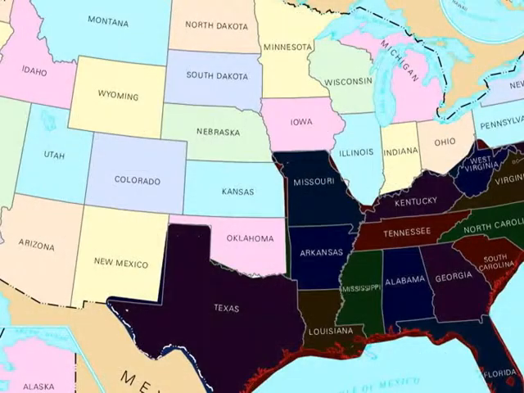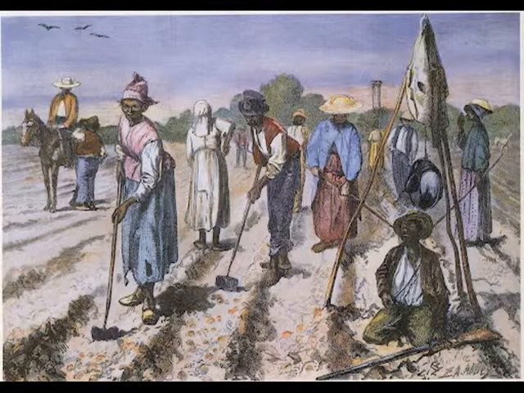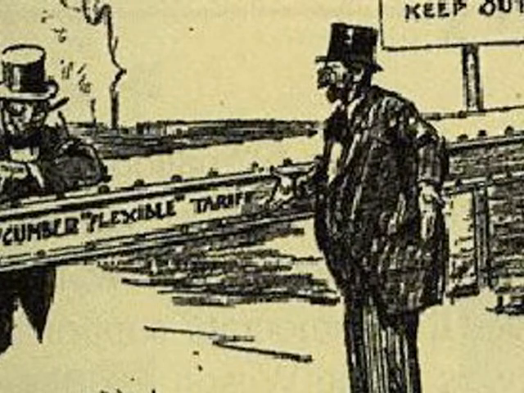The second region was the South. Their economy was based on farming. They raised all different types of plants such as corn, cotton, and tobacco. They liked low tariffs because it helped them pay for tools.